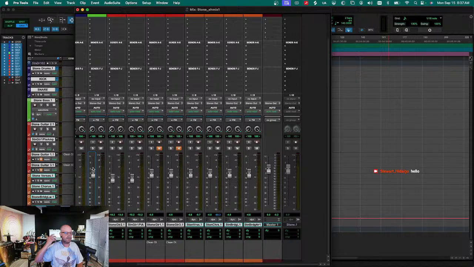Okay, so that's kind of where we want it to be. That was negative, what was that? Negative 4.8. So that brought us underneath. The reason I'm doing this is because now it's going to allow us to have plenty of headroom to start working. As you start adding plugins, you're going to have